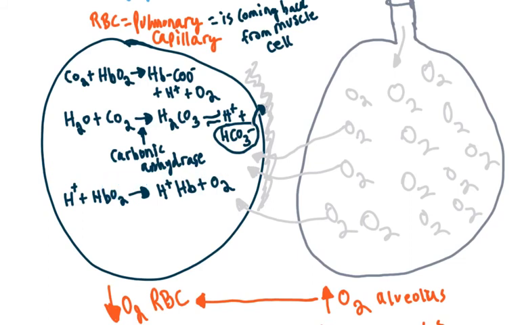We see that when our red blood cell is leaving the muscle cell and is now coming near the pulmonary capillary, near the oxygen-filled alveoli in the lungs, oxygen diffuses from high to low concentration, and because of this, we see that the oxygen concentration starts to increase in the red blood cell. What does that mean? Guys, we just went over Le Chatelier's principle, that now if we increase the oxygen,